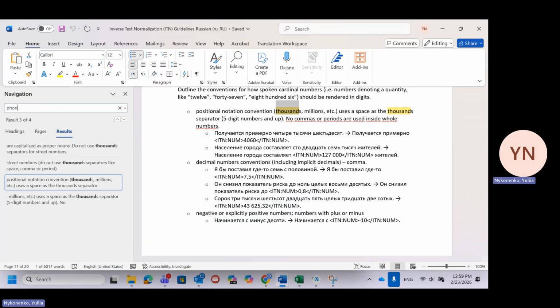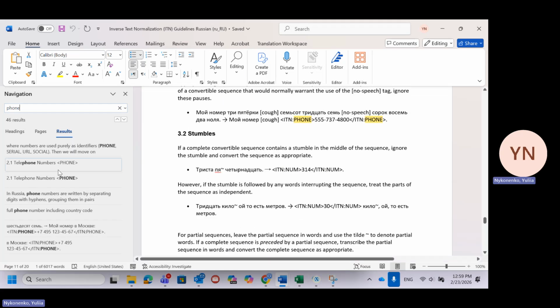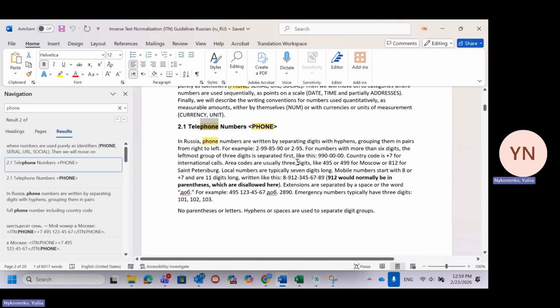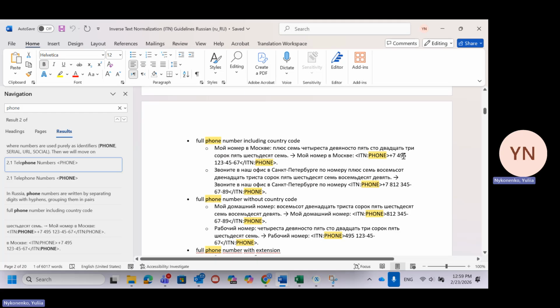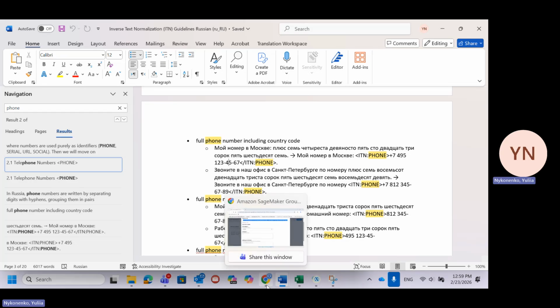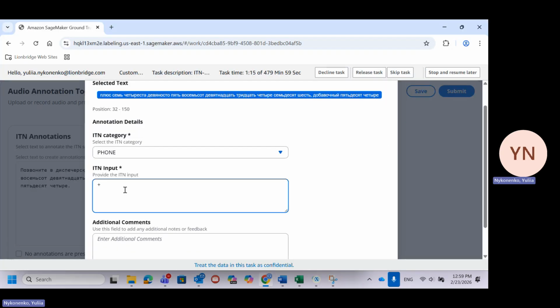Again, I go to the instruction file and I click on phone to know how to correctly annotate, how to correctly normalize. So for Russian, this is the correct way. +7 and then space, then the code, and then the rest is written through a dash. So this is exactly what I'm going to do. I'm typing +7, then a space, 495,